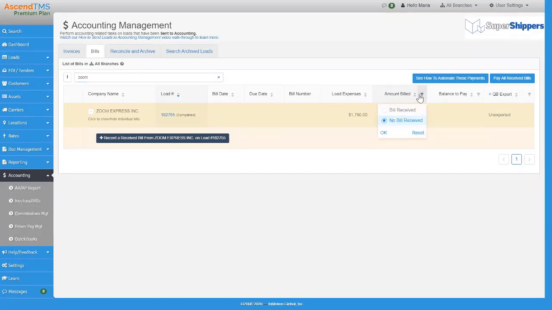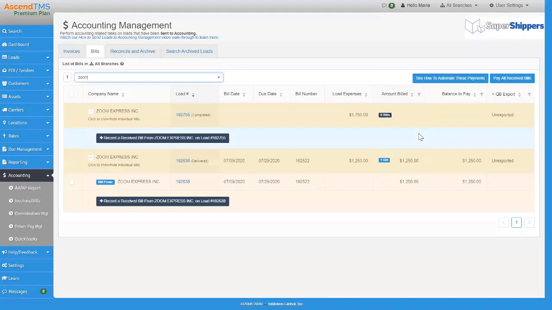This is going to save you a ton of time. This one filter will help you work through these, and then you won't have to worry, did I already do that one? It will keep falling off your list as you receive each bill. They'll fall off your list because they're no longer in the filter until you open that filter back up, and then you'll see them again, okay?